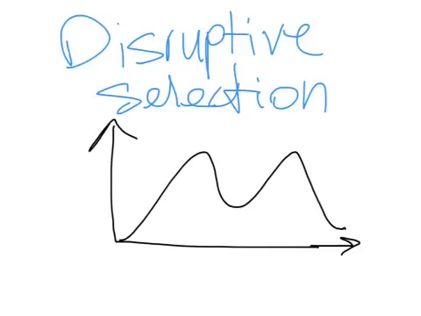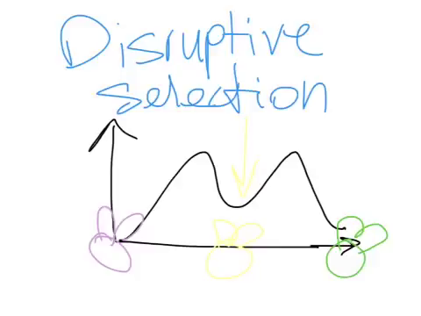Disruptive selection. Disruptive selection is when the extreme frequencies are favored over the intermediate frequencies. This is the opposite of stabilizing selection. So let's have an example where you have a purple bunny and a green bunny, and in the middle there is a yellow bunny. And this yellow bunny's frequency goes down because it can be seen more easily by predators,